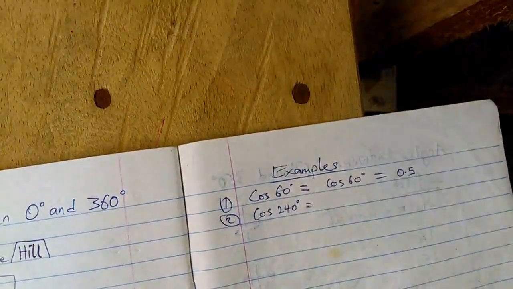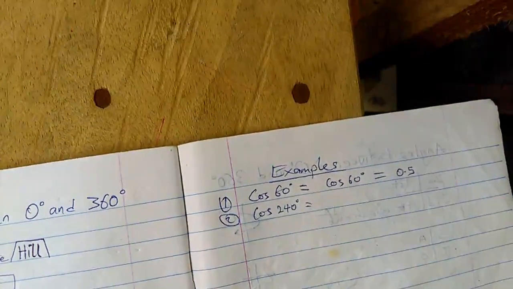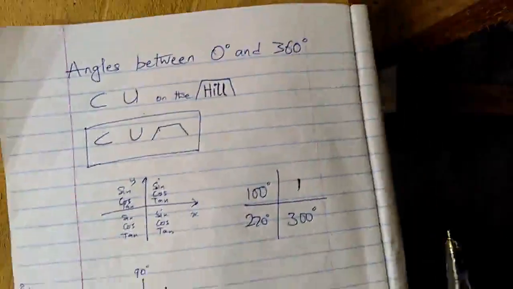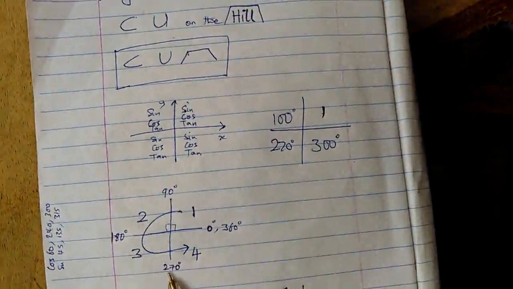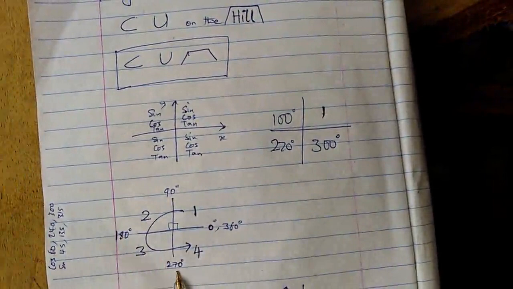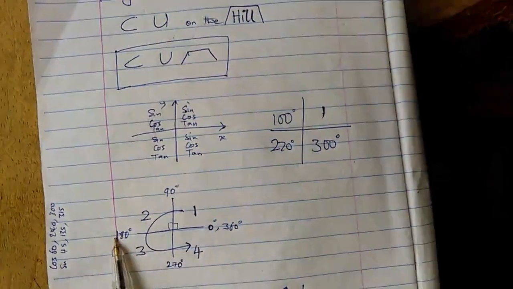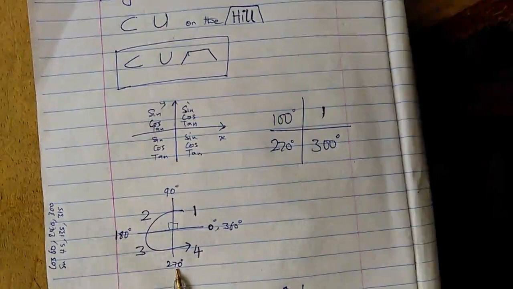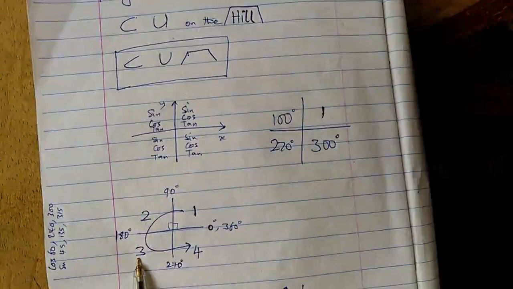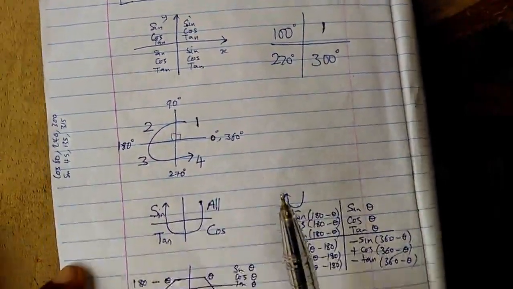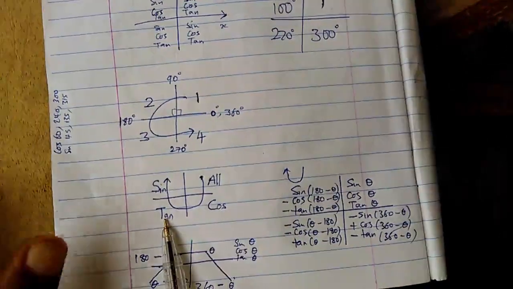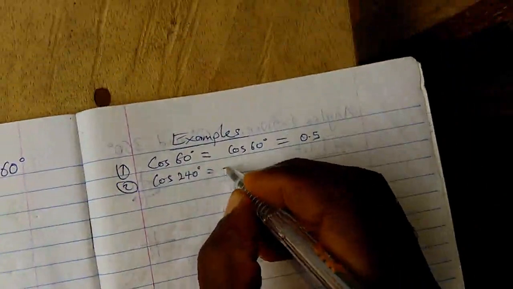240 degrees. Now the first thing you are going to check up, 240 degrees will be in which of the quadrants? Let's go back to our quadrant. 240 is more than 180, it's less than 270. So it will be in between 180 and 270. That means it's in the third quadrant. Now, in the third quadrant, how do we handle these people? Only tan is positive. So our cos will be negative there. So what we have here is minus